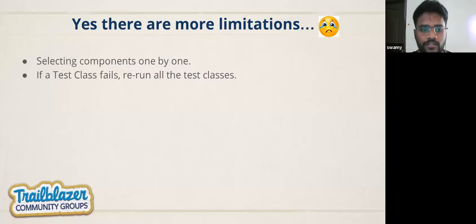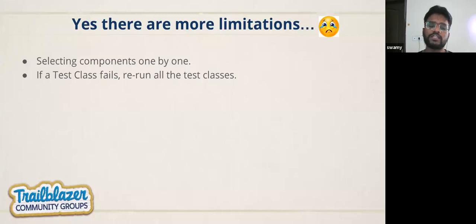Why is it mandatory? Because Salesforce is a multi-tenant architecture. Since we are sharing the same resources with many other people, Salesforce makes sure that we cannot consume the whole thing that they are providing.